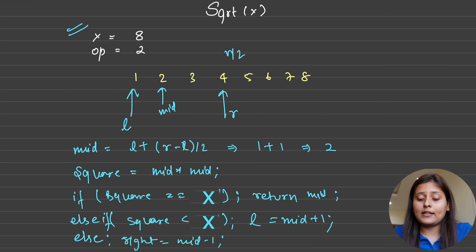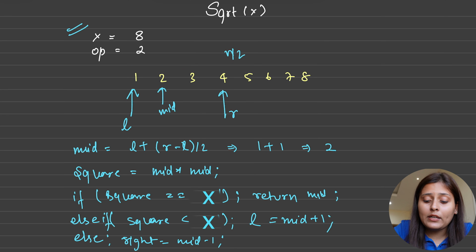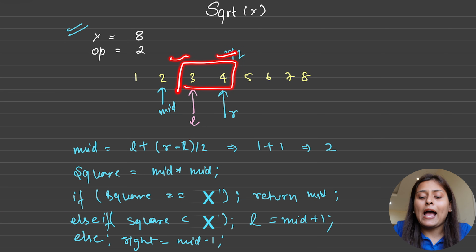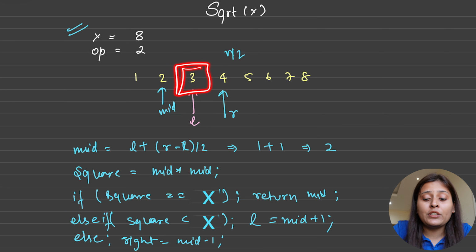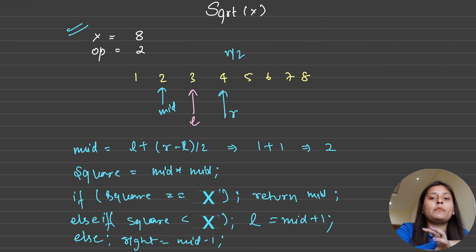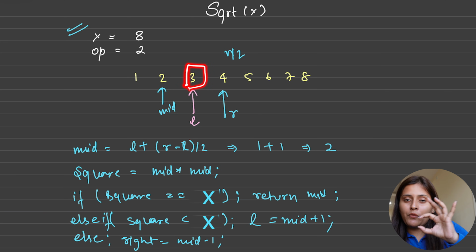Yes. So now what is our task? Here we were at 2, so 2 is not possible. With 2, square root 8 is not possible. So we will move our left pointer to mid plus 1. Now we will calculate the new mid with 3 plus 4, and that will point to 3 only. With 3 it will say 3 into 3, 9. And in this case the else case will run. Why? Because the square is 9 and the target is 8, and we want a smaller number, correct? So with 3 it was bigger, so we want a smaller number.